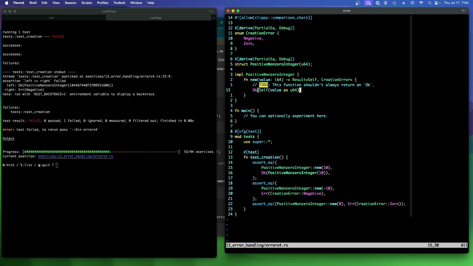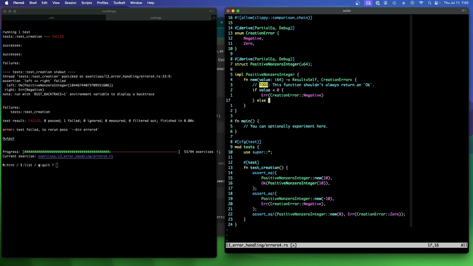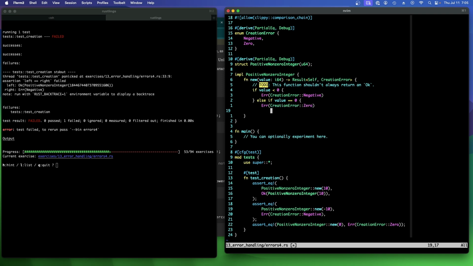We can do it as if value is less than 0, error, creation error negative, else if value equals 0, error. And I think Clippy is going to ask us to change this to a match. Creation error 0, else,